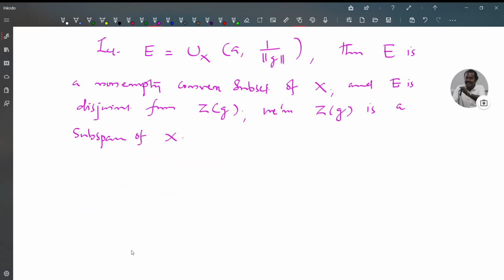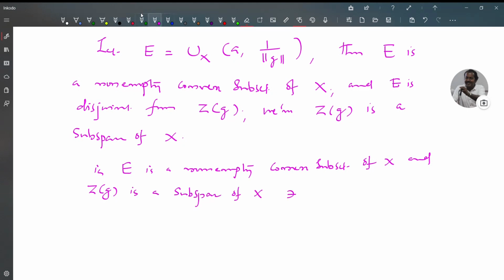That is, E is a non-empty convex subset of X and the zero space of G is a subspace of X such that E intersection the zero space of G is empty. Therefore, we have all the requirements for applying theorem 7.3. Therefore, by 7.3, we have